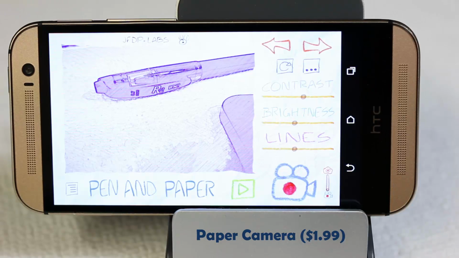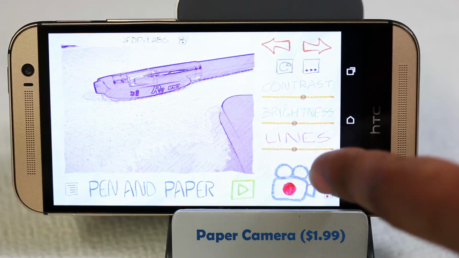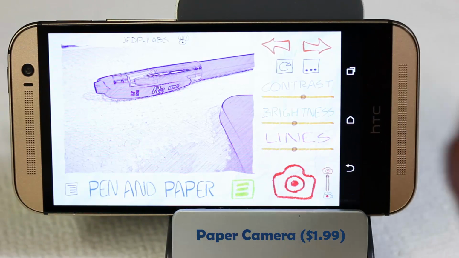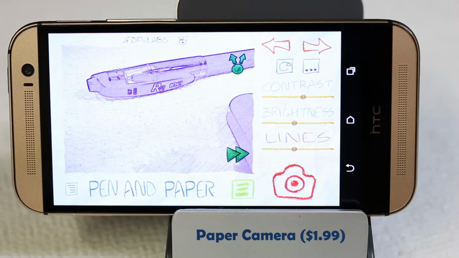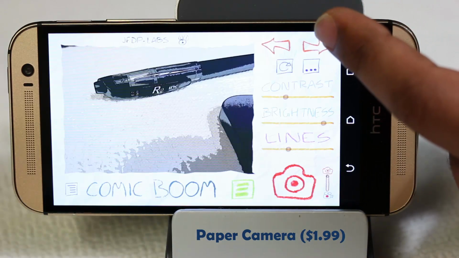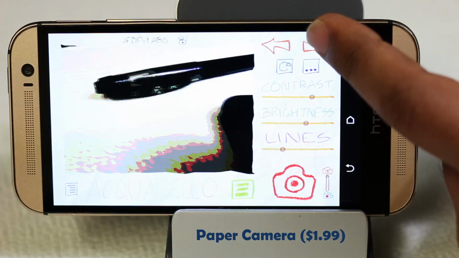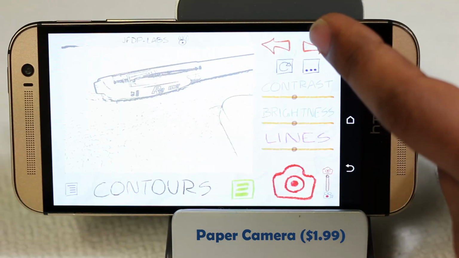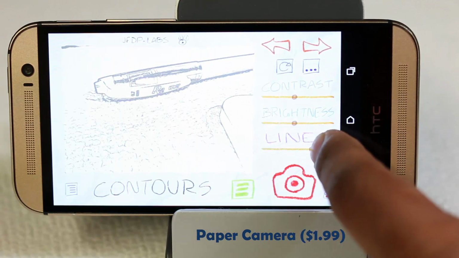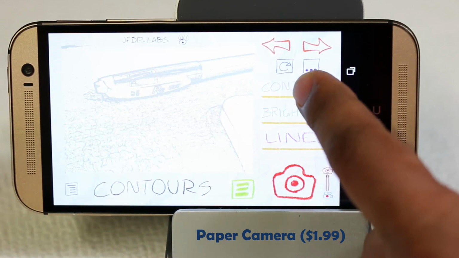Alrighty, and you have a lot of options with this thing. And you can just take a photo. You can take a video or a photo. Right now it's in the video mode. So let me just switch this to photo mode just by flicking up. And to take a picture, you press and it snaps a picture. And then you have different options. You can change it to Comic Boom, SketchUp, so that is a total sketchy photo. And then you've got other things like this guy, old printer, neon, contours, and each one of these can be changed over here. So I can increase the amount of light, increase the brightness, and I can increase the contrast,